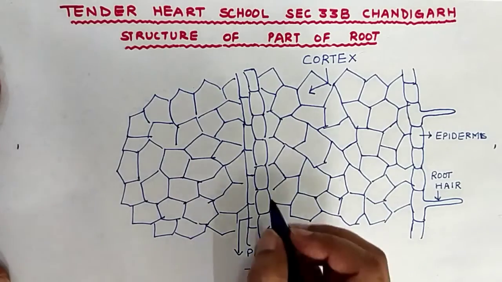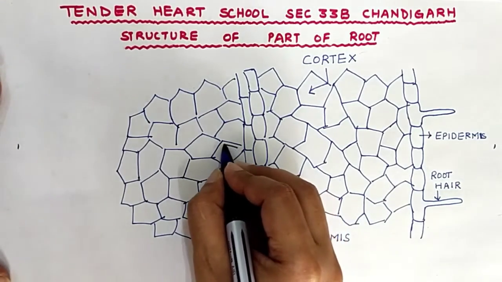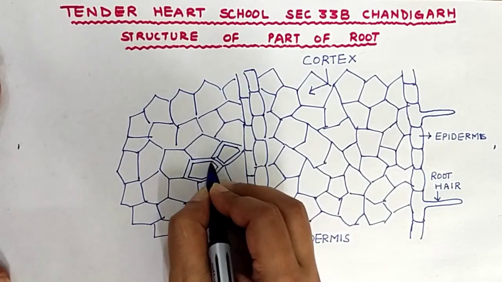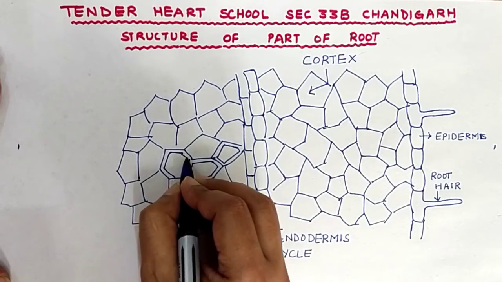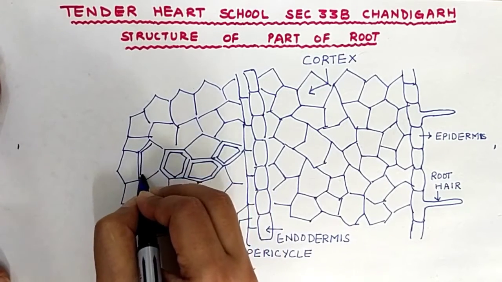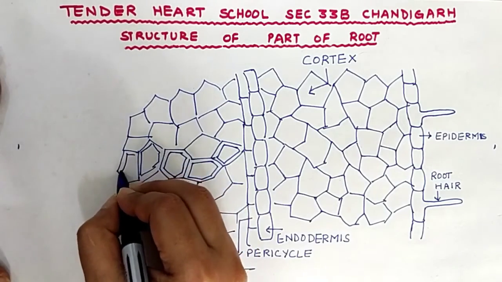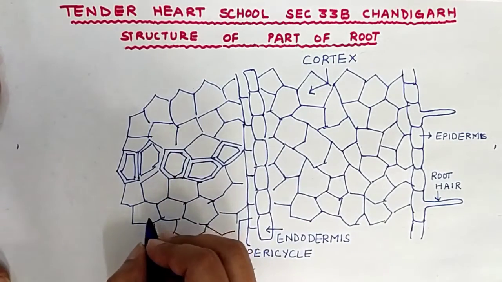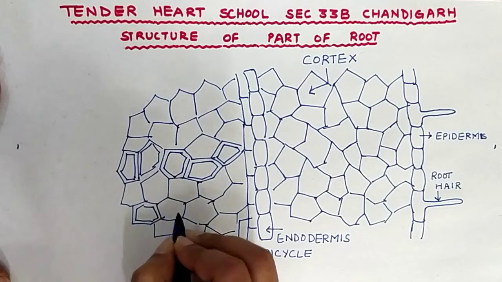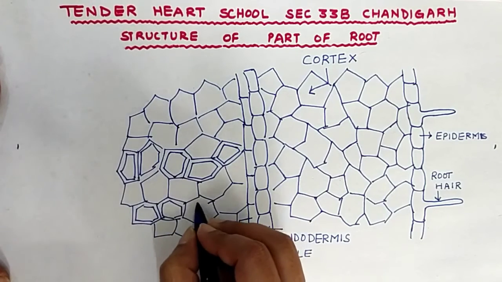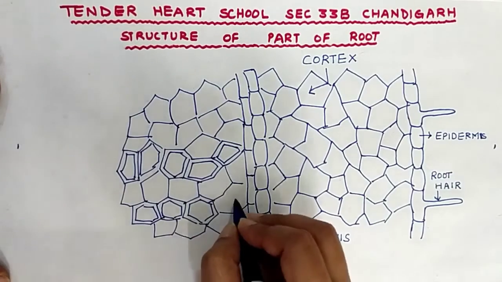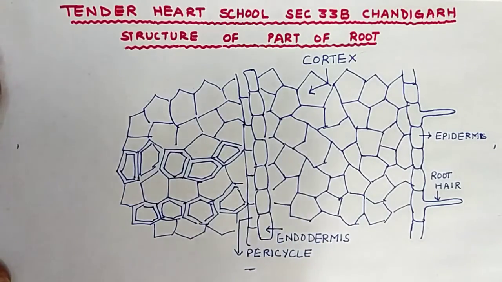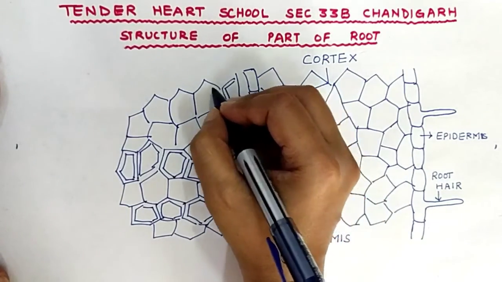So when we have to make the xylem, we will make some of these cells double walled. So these double walled ones are the xylem cells. And the ones which are not double walled are the phloem cells. So let us draw some more xylem. Xylem is depicted with double walled structure and phloem is depicted with single walled structure, right? So this way we have the xylem and phloem.